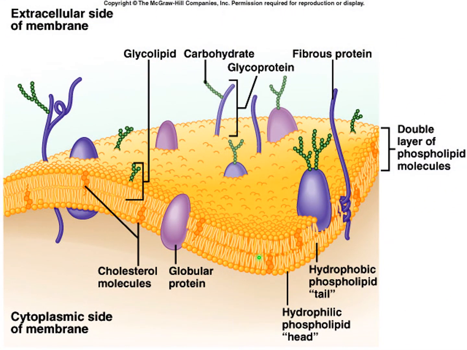So just a snapshot of the bilayer of phospholipids. Here's some cholesterol thrown in. I kind of like to think of cholesterol as the mayonnaise that holds the two pieces of bread together. And then we have these proteins and glycolipids and glycoproteins that float around in this fatty lipid membrane.